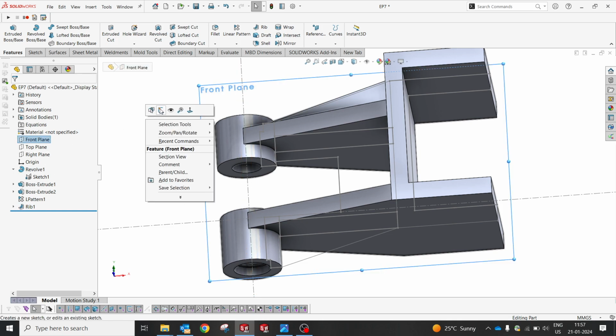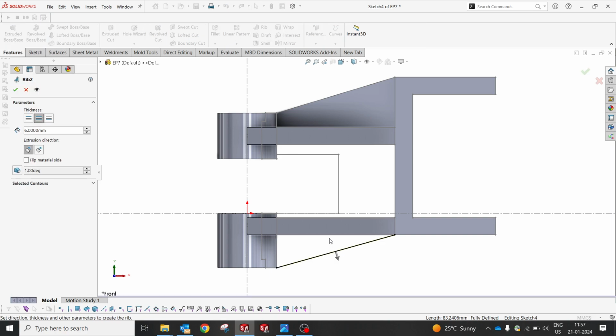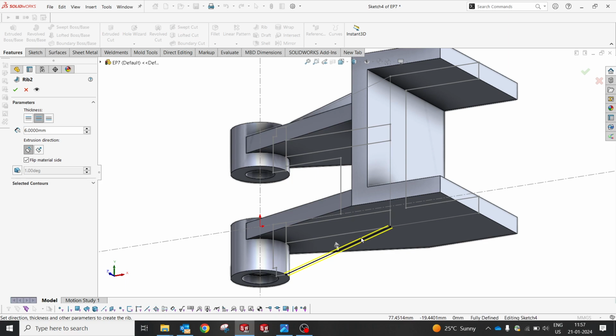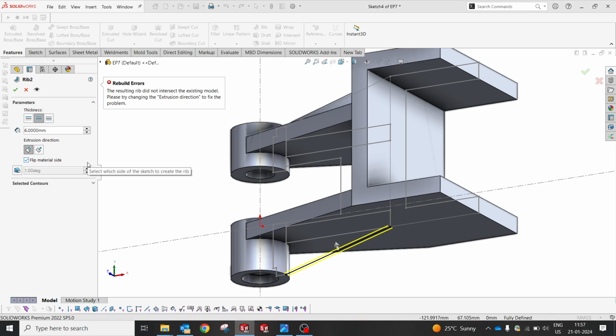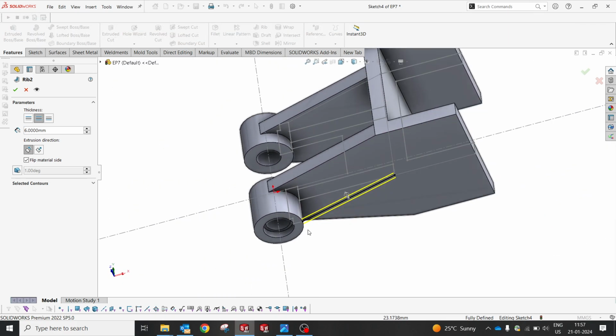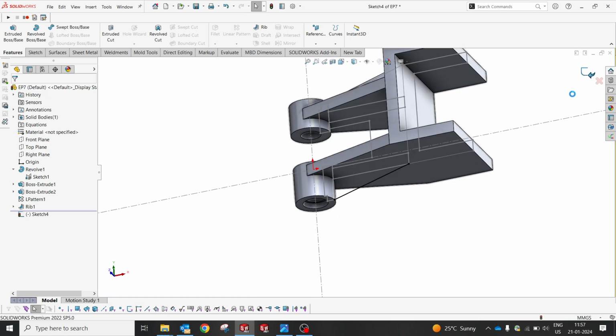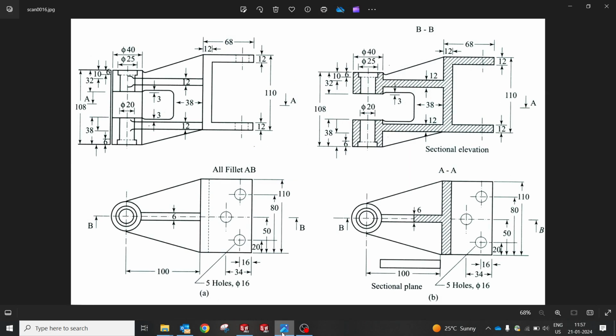Similarly, again I'm going to use the same thing, using the sketch, convert entity, and I'm going to use the rib feature, flip this, and I want to combine all these three regions. Oops, since it got opened, it was not ready to combine with each other. There was an intersection coming over here. Yeah, so else you can, okay, since they made a